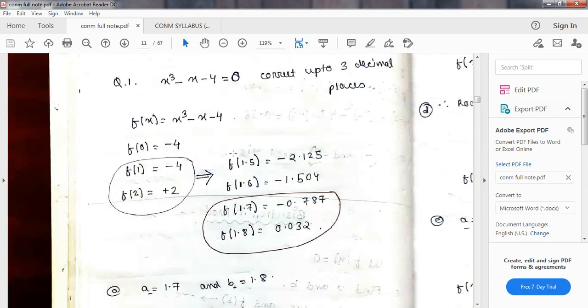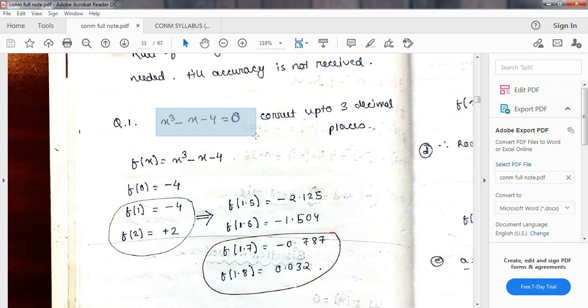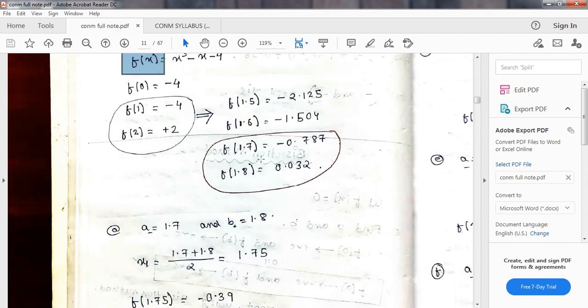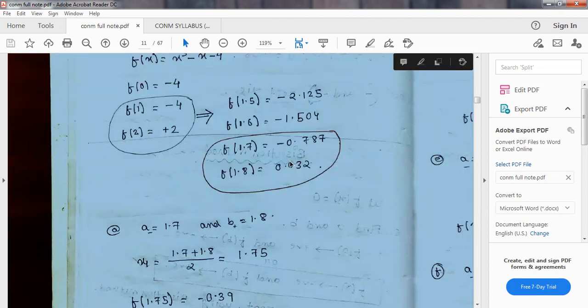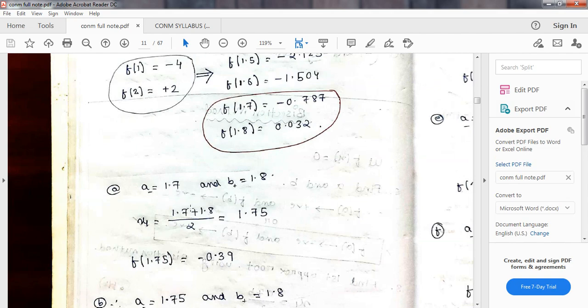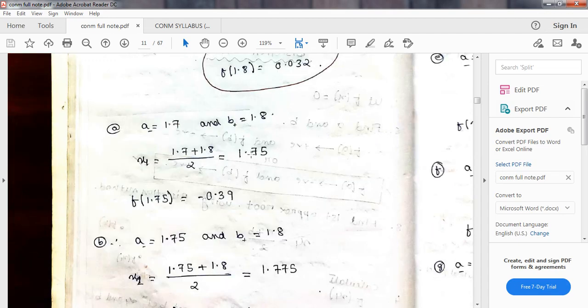In the bisection method, suppose I have this equation, I made this equation to be my f of x, then I used the trial and error method to find one value which is greater than 0, one less than 0. As I have told you, you can take 1 and 2 also, because one is negative, one is positive, but in order to reduce the number of steps required to solve, we go a little further. So I tried 1.5, 1.6, 1.7 and 1.8, and at the end I found that within 1.7 and 1.8, one function value is negative, one is positive. So how did I find my next approximated value? I just added them, 1.7 plus 1.8 divided by 2, and I found my next approximate value.